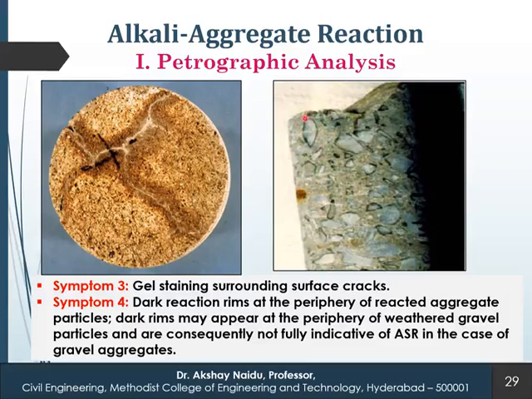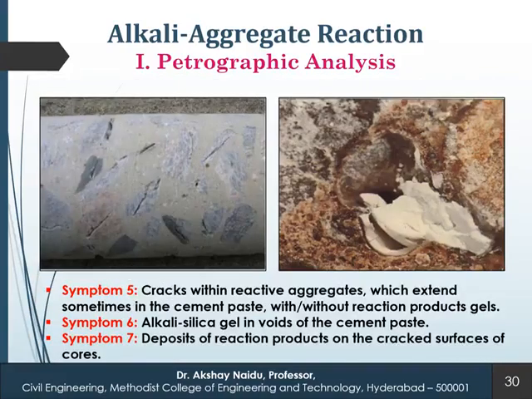Over a period of time, around the aggregate these dark reaction rims are seen, which is indicative of alkali aggregate reaction. So by petrographic analysis we can identify this. Next, another symptom is